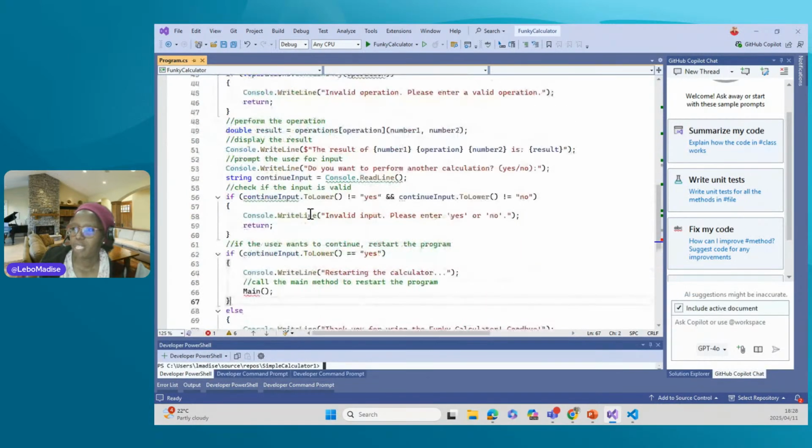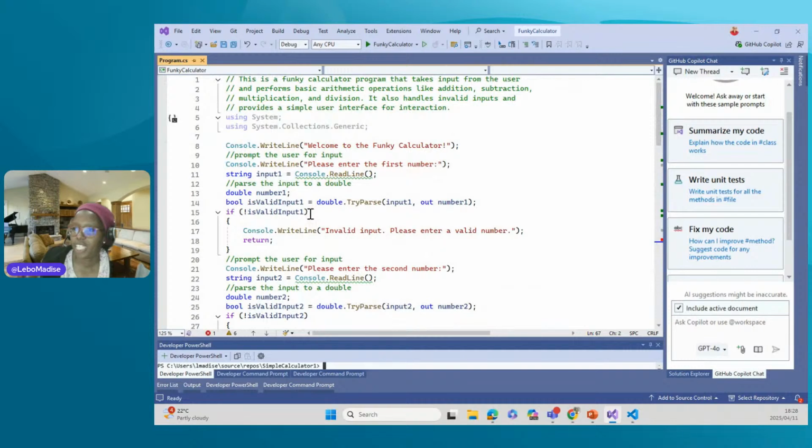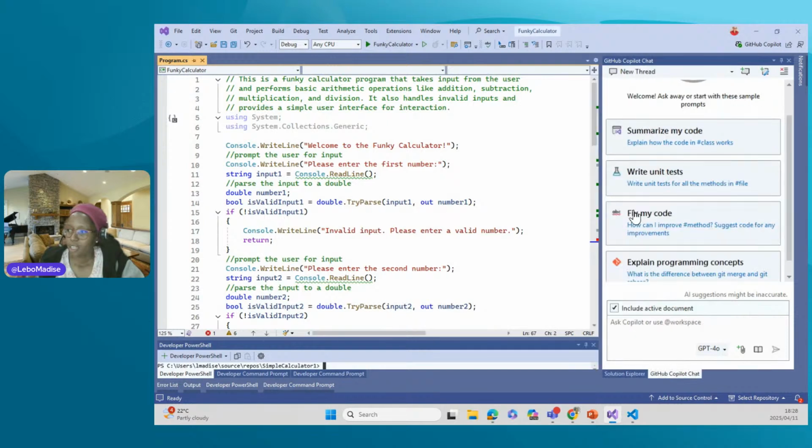Okay, so it's calling a main method, which I didn't even create, right? So funny thing, and I want to show you using Copilot. The latest editions of C# actually allow you to write a whole lot of code and run it and have the IDE create the main code for you in the background without even seeing it here. So I want to show you by actually asking Copilot chat here,